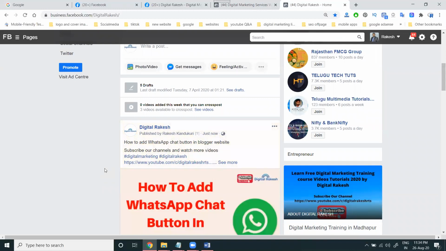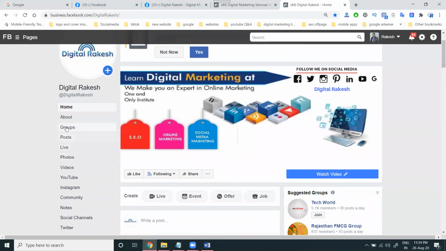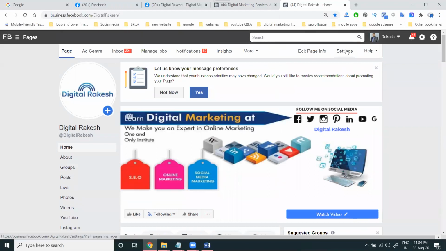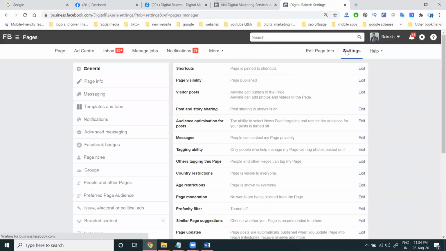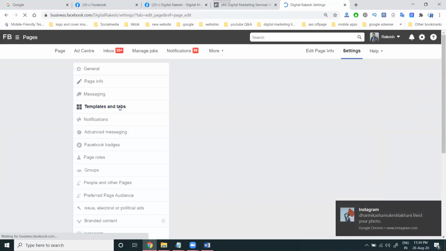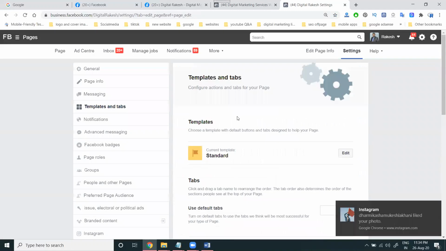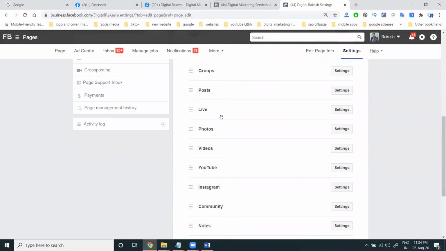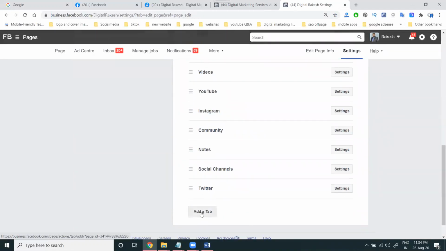That's compulsory and important. If it's not there, simply go to Settings, then Templates and Tabs. Here add your tab, Groups, using the Add Tab option.